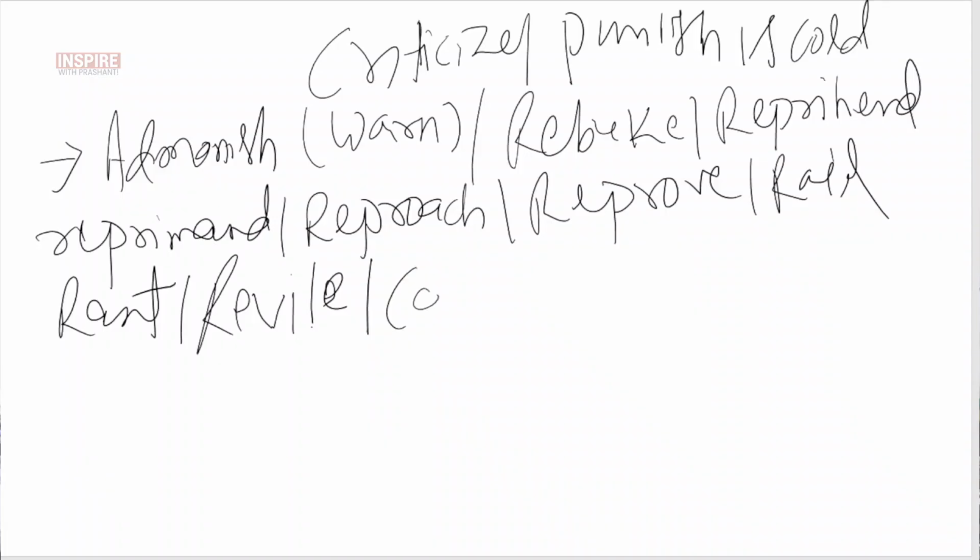Now focus on C series. Like there are words from R for scolding or criticizing, then there are some words from C also, right? And without a shade of doubt, one of the first words that we get is castigate, which is a very famous word. So castigation, castigate is super important. Then there is a word which would be chide. Okay,